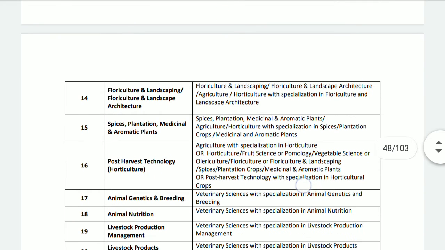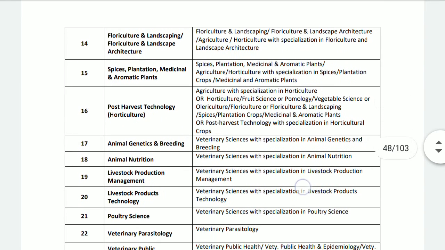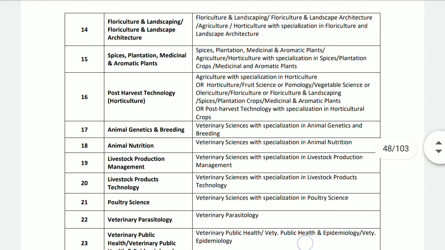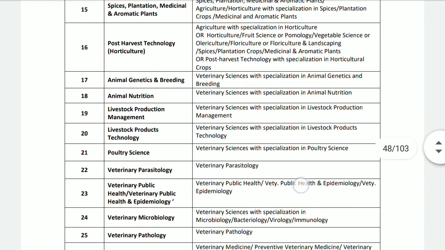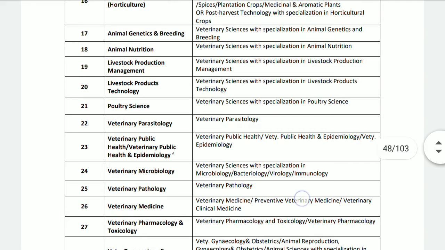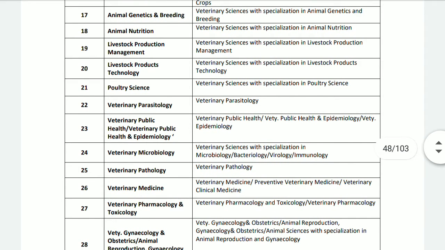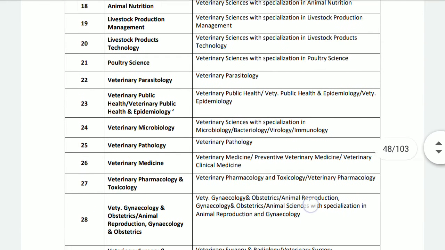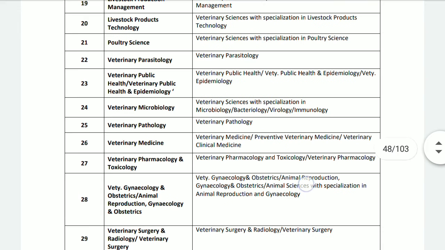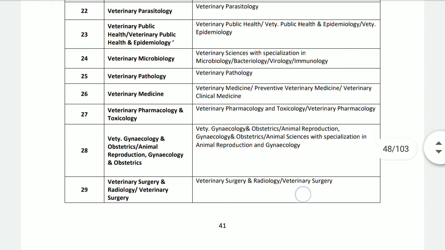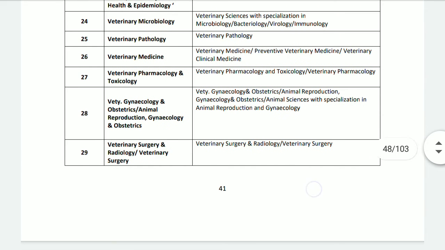Or floriculture and landscape architecture, and then spices, plantation, medicinal and aromatic plants, post-harvest technology, horticulture, animal genetics and breeding. So animal nutrition, and then livestock production management, livestock production technology, poultry science, veterinary parasitology, and then veterinary public health and epidemiology. So veterinary microbiology, and then veterinary pathology, veterinary medicine, and then veterinary pharmacology and toxicology, veterinary gynecology,